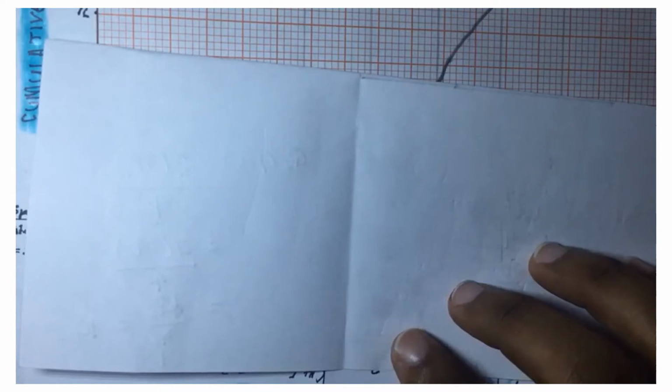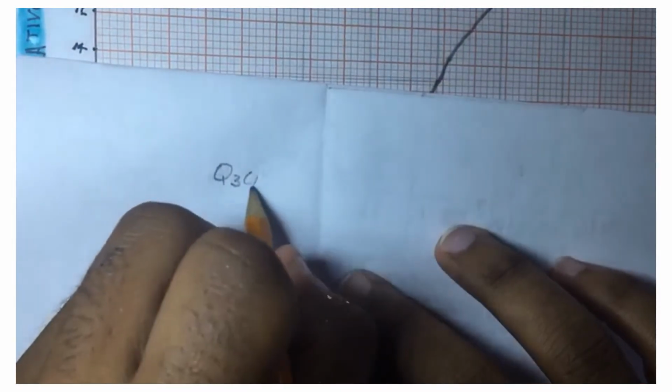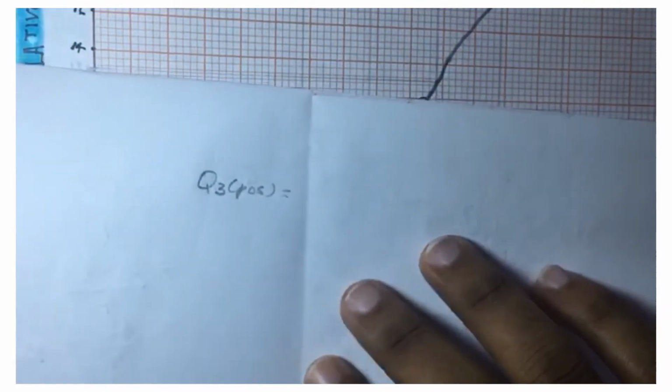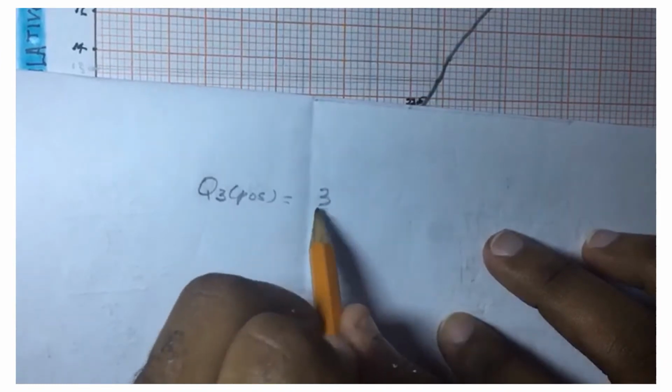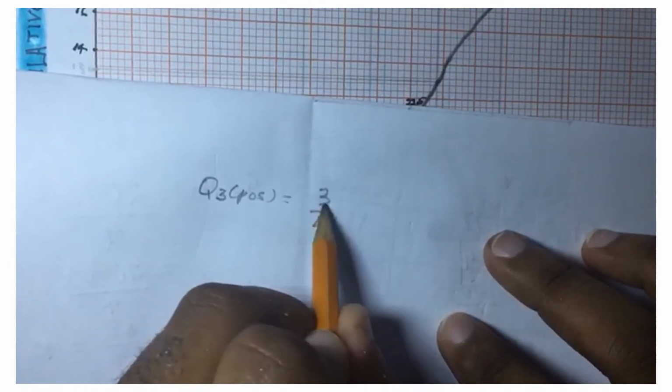So remember, Q3 is our upper quartile. So Q3 or third quartile. So first thing we have to find is the position where it is. And because it's our third quartile, it's going to be 3 out of 4. Third